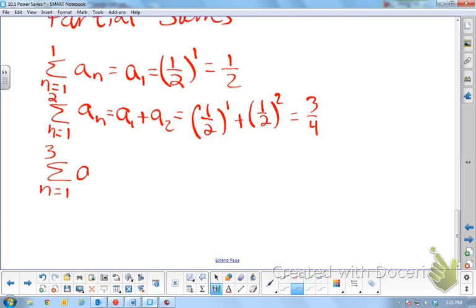If we did it to the third, 1 to the 3. So I'm going to skip the middle steps now. I wanted you to get the general idea so we get a little more familiar with the notation. So we do the same thing, a sub 1 plus a sub 2 plus a sub 3, which is really 1/2 to the 1 plus 1/2 to the 2 plus 1/2 to the 3, which would all equal,